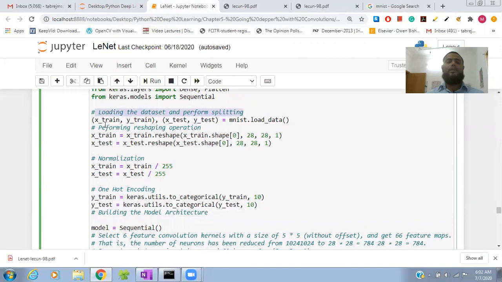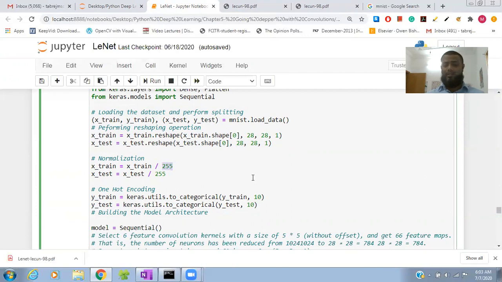We divide the dataset into train and test parts. Then we reshape our dataset as grayscale images, because they are grayscale, and we convert the test data the same way. Then we normalize the dataset by dividing by 255, because the pixels range from 0 to 255.